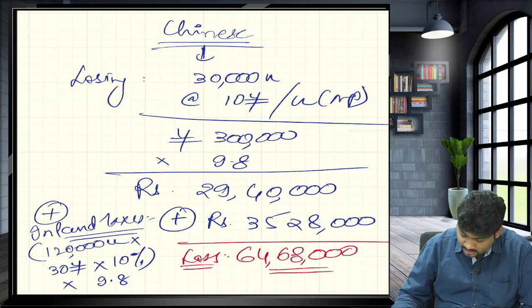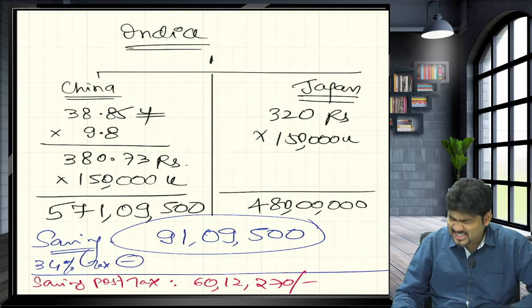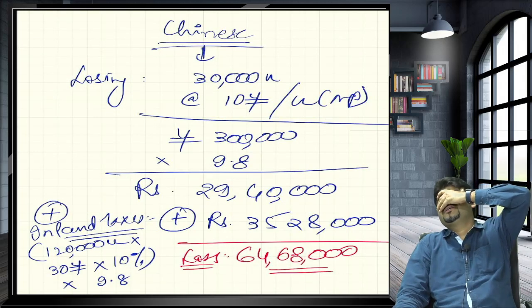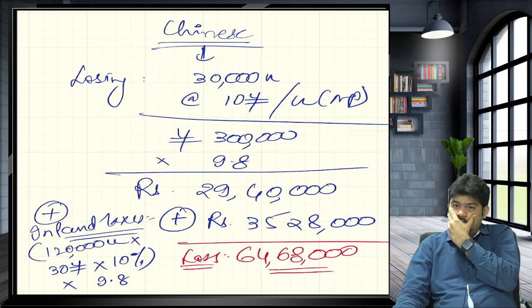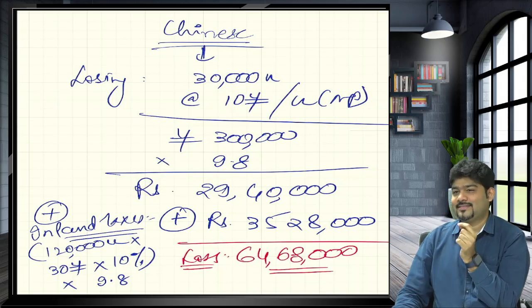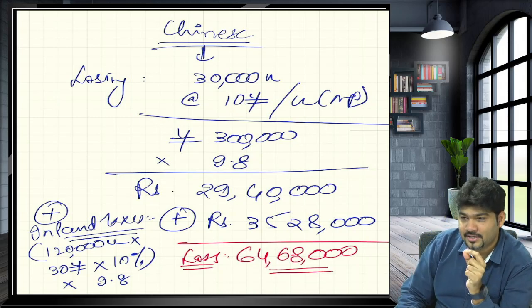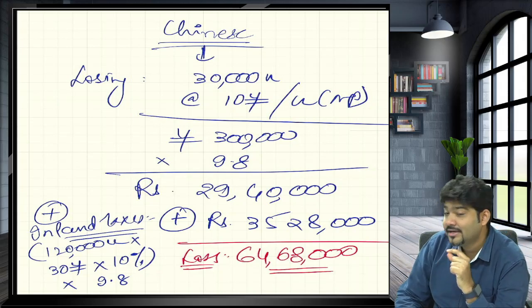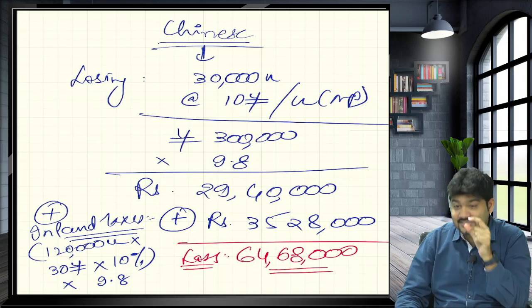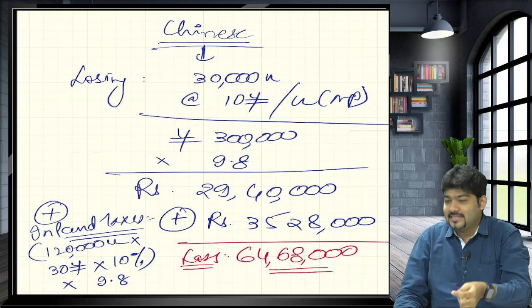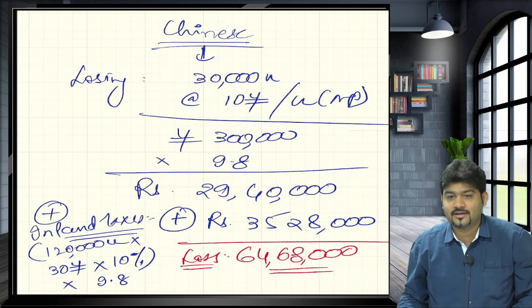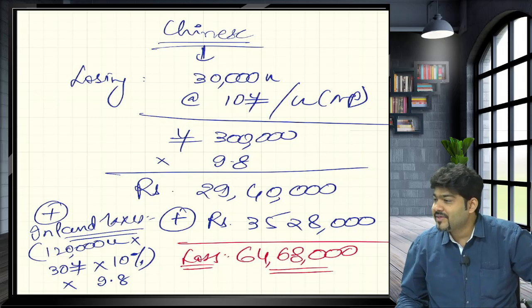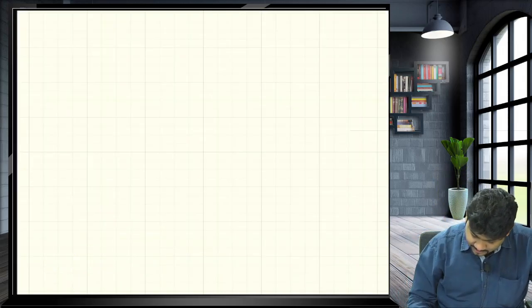68,000. Oh gosh, but here I am earning only 60 lakh. So in short, this is a loss making venture for me. Yes or no? Arey boss, when there is a profit, there is a tax benefit. In the same way, when there is a profit, you have to pay tax. In the same way, if there is a loss, there is a tax benefit on the loss that you are making. No? Yes or no? Wait, I'll explain you how.